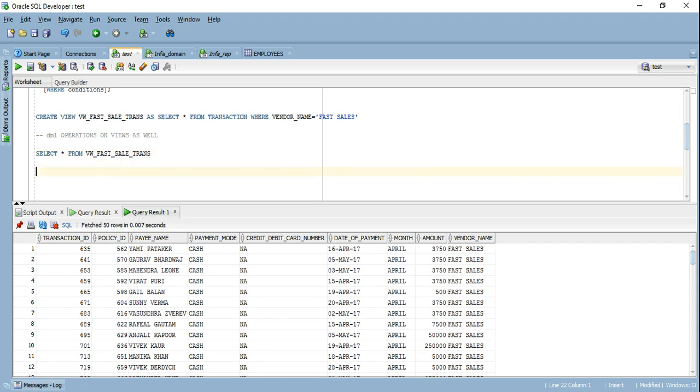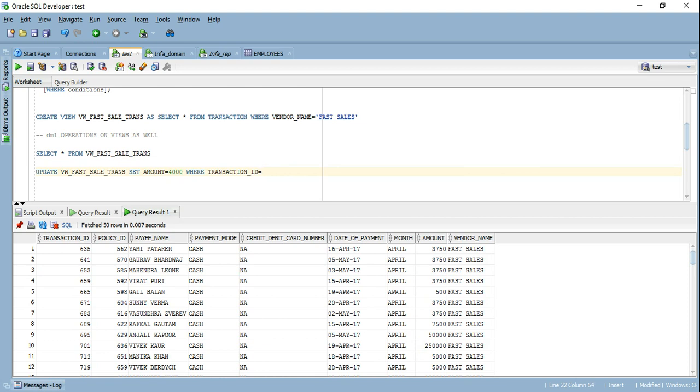Now let's see, can we perform certain deletes or certain updates on our view? We did say that all the DML operations are possible on a view. Let's see if it's really possible. I'll try to update this view and set the amount to 4,000 where the transaction ID is 635.